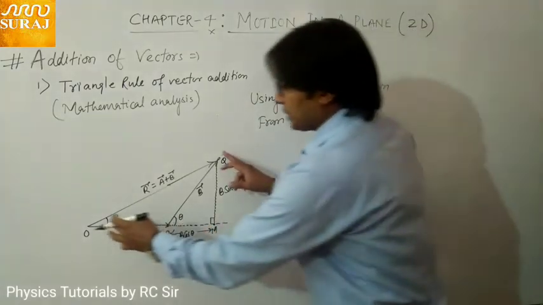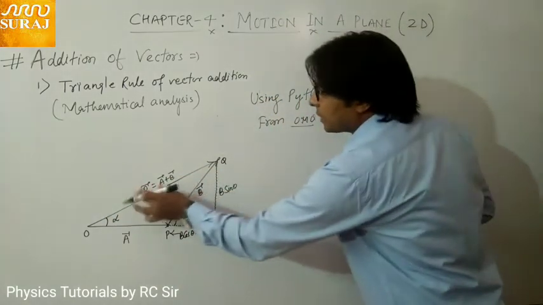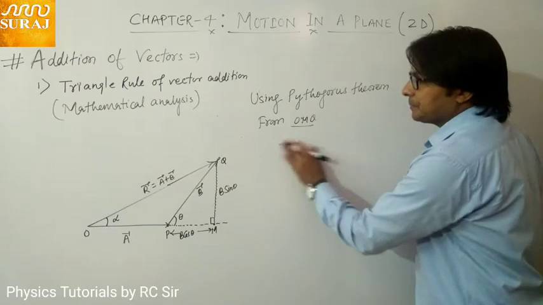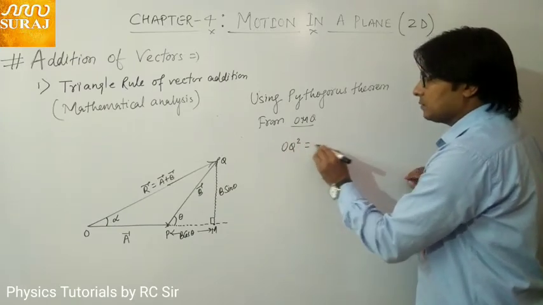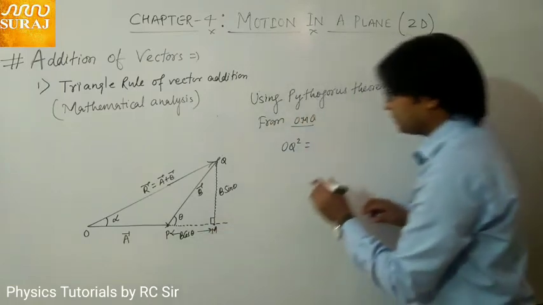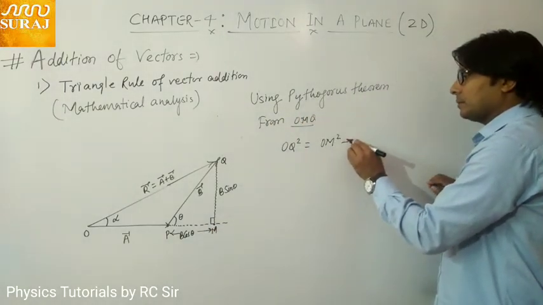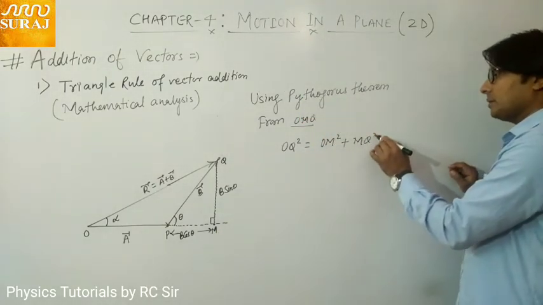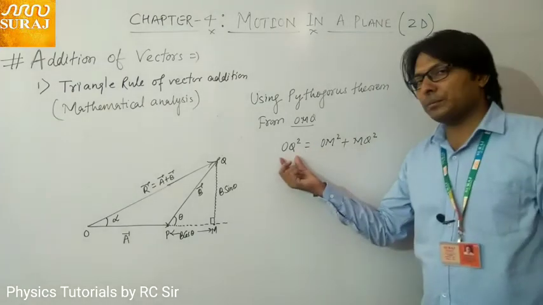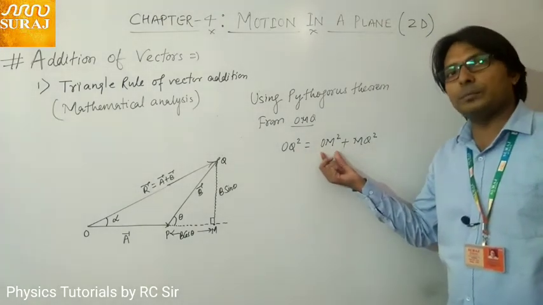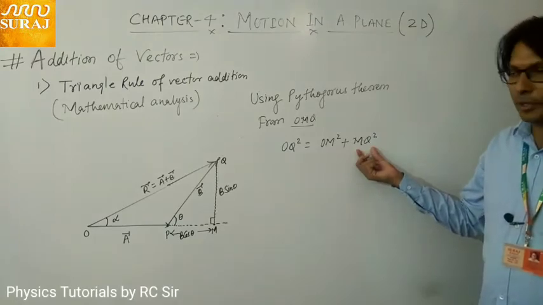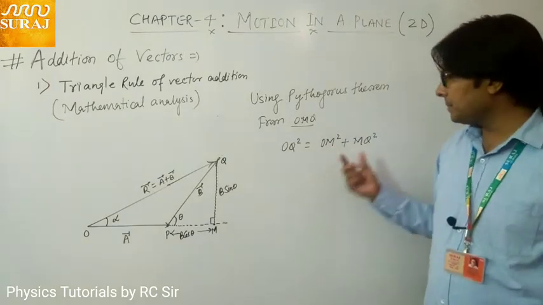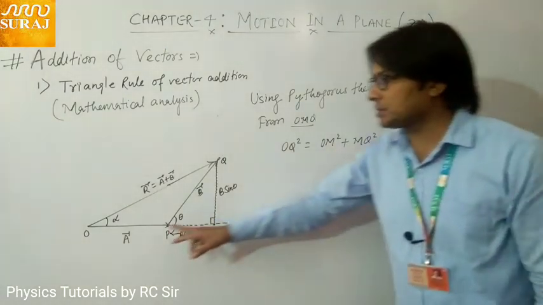the square of hypotenuse, that is mod of R square, means this is R square, or we can say OQ square is equal to mod of this OM, that is OM square, plus mod of this perpendicular, that is MQ square. What is Pythagoras theorem? The square of hypotenuse is equal to the sum of square of base plus square of perpendicular. So the hypotenuse is OQ, the base is OM, and the perpendicular is MQ in this right angle triangle,